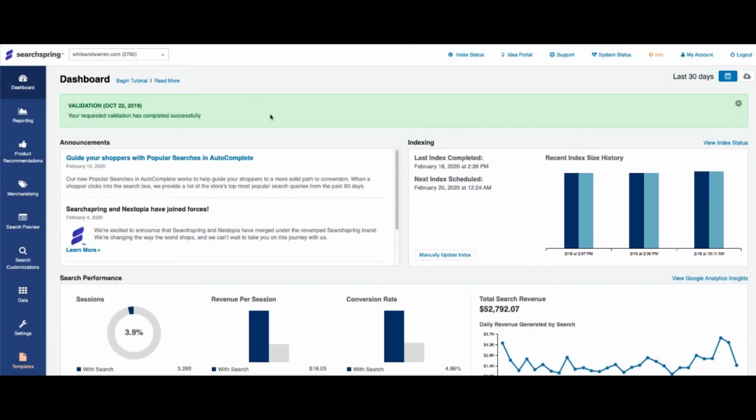Just going to be walking through a quick overview of our Searchspring dashboard. We'll walk through a couple of key reporting metrics, take a look at merchandising, and finally wrap up with some search customizations. So right now we're on the dashboard, which will be the first page that will load whenever you